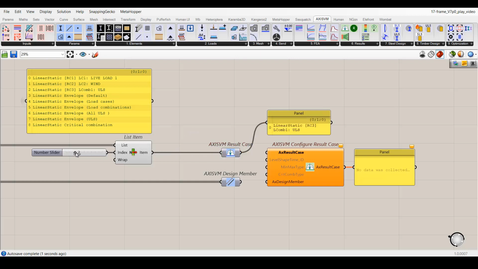I select now the load combination called ULS from the list and connect this result case to the Configure Result Case component. The same value appears on the output. For display purposes, it may be important to see this result case on the Steel or Timber Design tab in AXISVM. To consider a linear or nonlinear static result case as Steel or Timber Design result case, I connect a